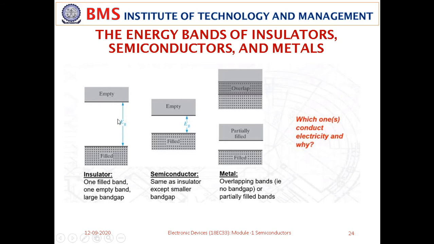On the other hand, if you see the second classification of materials, semiconductors, if you observe the first and second diagrams, they are almost the same except Eg is small. Even though there is a filled valence band similar to the insulator, since Eg is very small, if you supply a small energy in the form of heat, light or photonic energy, an electron may leave its position in the valence band and occupy some states in the conduction band.